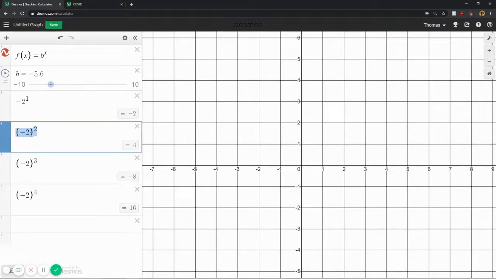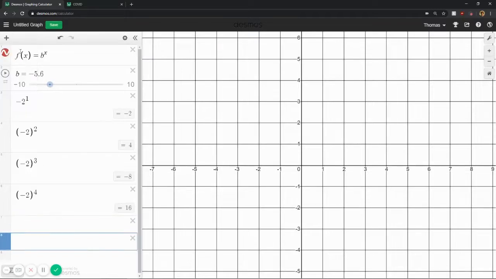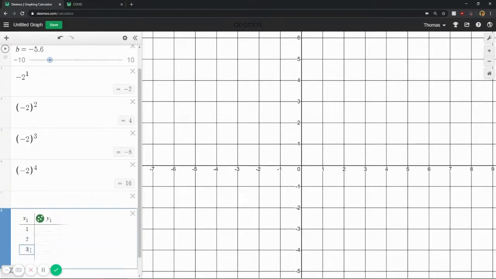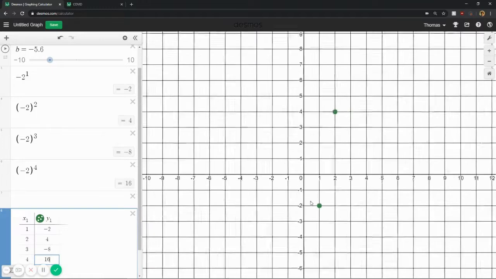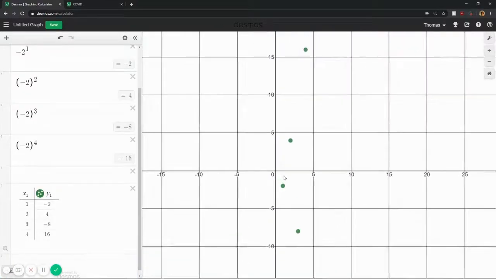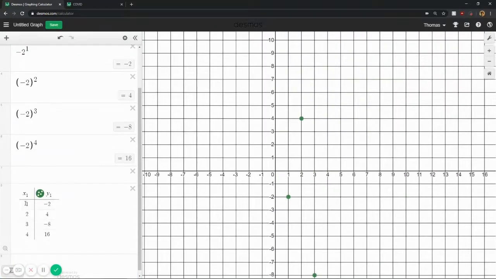My x values are going to be 2, 3, and 4. My y values are going to be 4, -8, and 18. So if we plot them on a table here, we can say, okay, so we had 1, 2, 3, and 4, and the y values that came out were -2, 4, -8 and 16. And you can already see that this is not going to be good, especially because